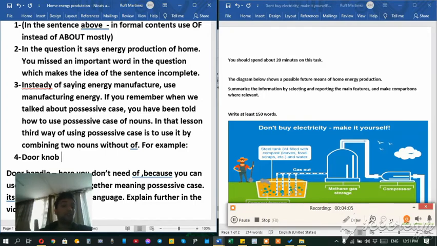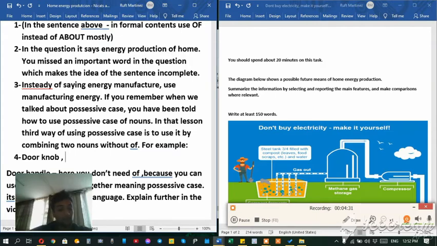It sounds logical even in your own language. But you can't say table leg. That doesn't sound meaningful. That doesn't sound logical. Here you have to say leg of the table. But if you can say 2 nouns together and it sounds logical, then don't use 's or of